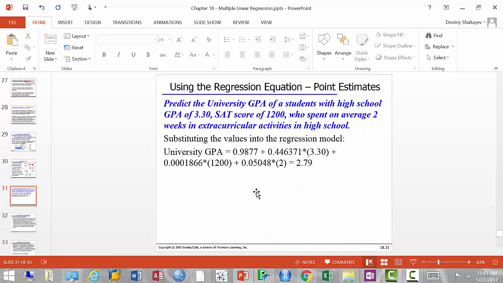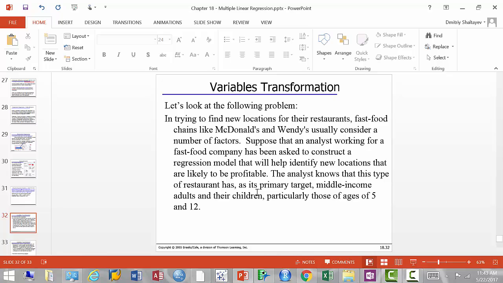Multicollinearity, university GPA, here. Variables transformation, okay? This is where the power of regression analysis can really shine through, right? Regression analysis is very powerful because, what we learned is just the linear portion, right? We can create from that non-linear regression, try to fit the data better and better and better. So let's take a look at the